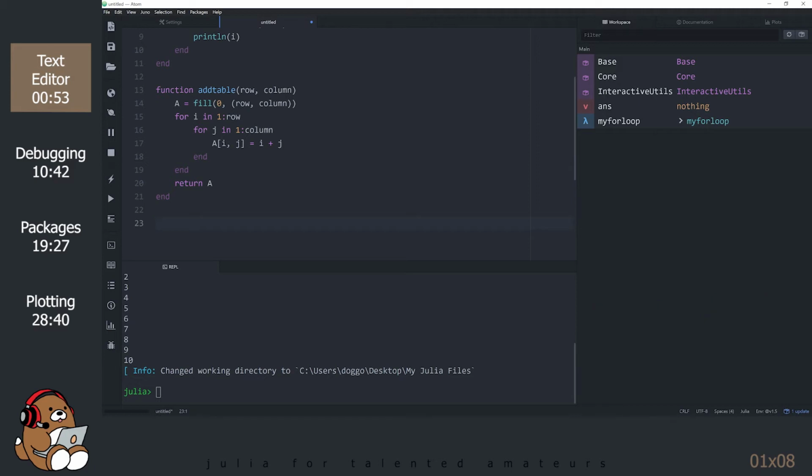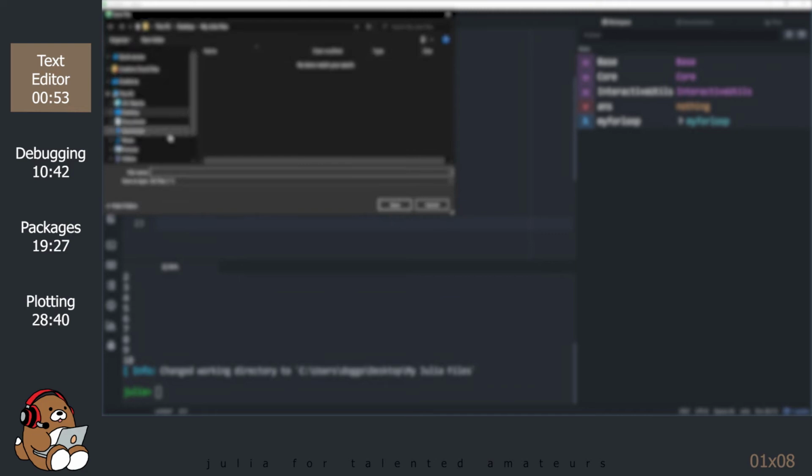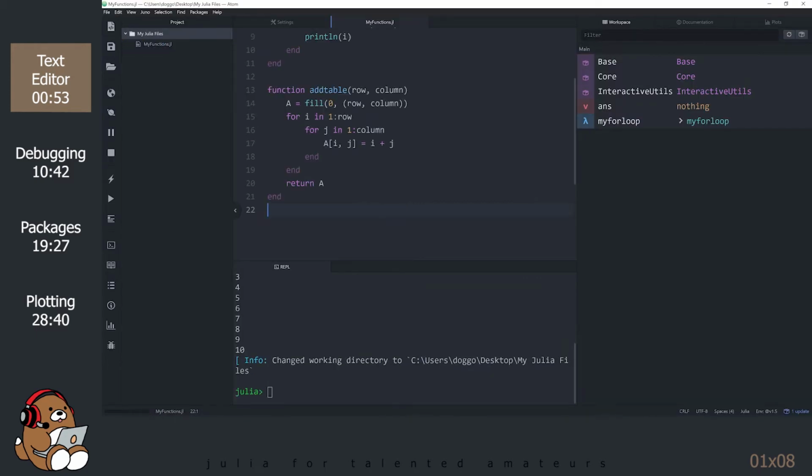Now click on the Save icon. Name your file myfunctions.jl. Don't forget the .jl file extension. Close your text document by clicking on the X.